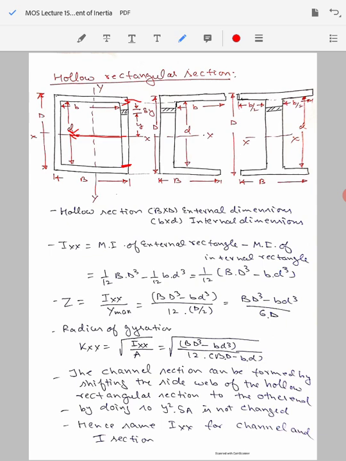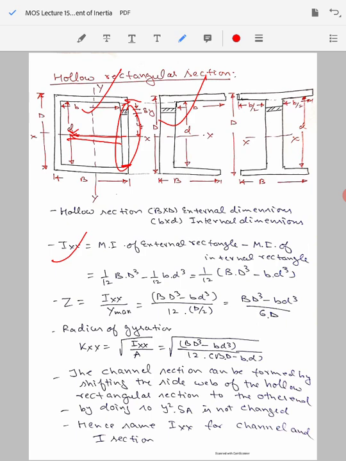Basically you haven't changed the distribution of the material about the axis xx. So the channel section as you have formed in this way tells you that you are not changing basically y square delta A, because you are not changing the distribution of the material about the xx axis in any way by moving this web portion to the left hand side and joining it with the other portion. So that's why the moment of inertia of the hollow rectangular section and this C section are both going to remain the same. You can in fact do the calculations as we have done earlier for the Ixx here. You can do it for the C section. You will find that it is going to come out to be the same as 1 by 12 (capital BD cube minus small bd cube).